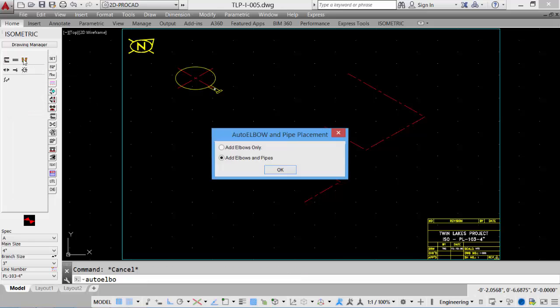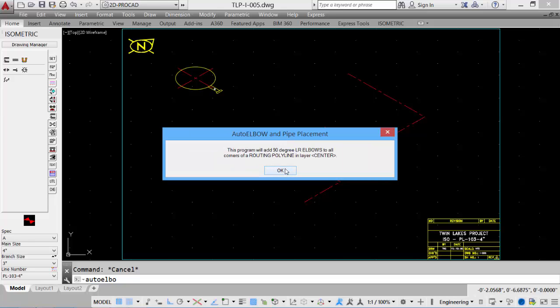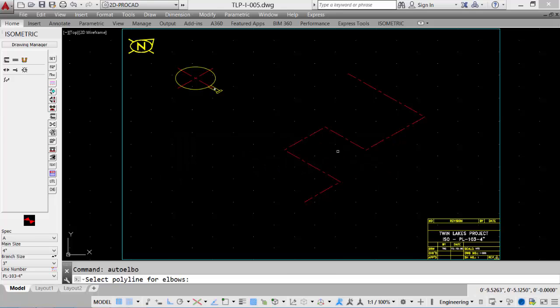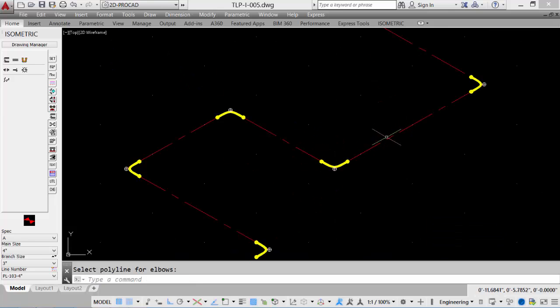This gives us two options, add elbows only or add elbows and pipes. Let's take a look at adding elbows only. Click OK. The routine allows us to place only 90-degree long radius elbows. Select our piping, and it places elbows at each of the corners, allowing us then to place components in between